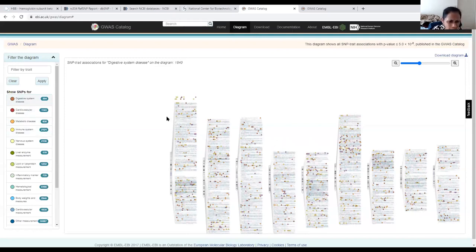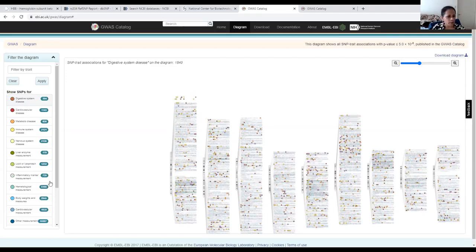Metabolic diseases, I'm sure. I don't know why diabetes should be coming under digestive system diseases. Are these all of them like that? Oral cavity cancer also comes up, all under digestive system diseases, I think. It is coming up with all of these 350 different polymorphisms mapped on all of these different chromosomes. Did you all get this? I'm just going to wait a second to see if you all got it.